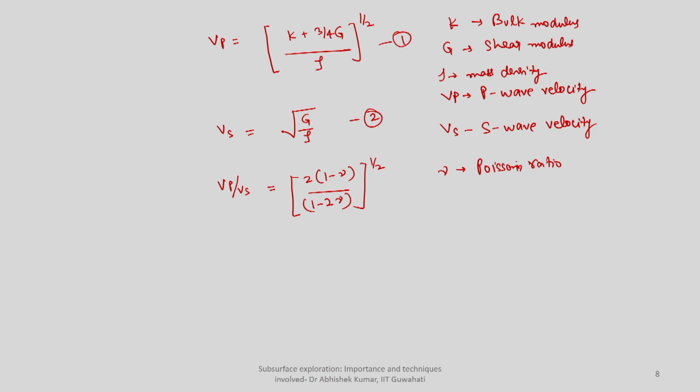So, this way, once you know one value, you will be able to determine, based on the recording time of the kind of wave being dominated by the source, depending upon your choice of the source, the Vs value and Vp value. Once you know both the values, you can determine Poisson's ratio, or vice versa. So, just by measuring the time of arrival of different kinds of waves between the source and the receiver, you will be able to quantify what kind of medium is available.